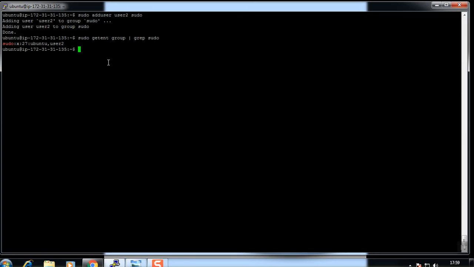Friends, I want to remind you that this is the safest way to add privilege to the users, rather than adding a user entry directly into the sudoer file. So I prefer always adding users to the group and giving the group the privilege, rather than giving a user the highest privileges directly. So friends, now